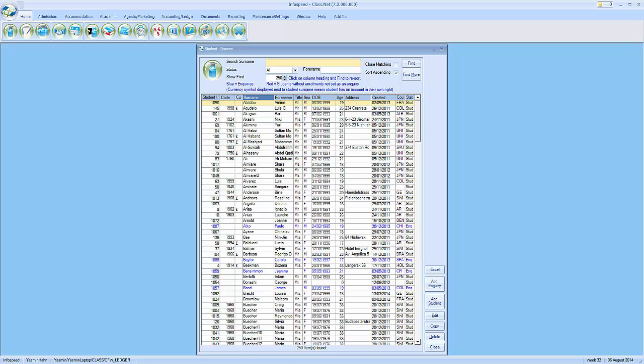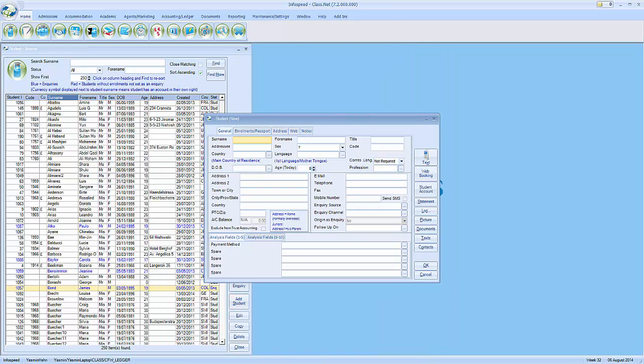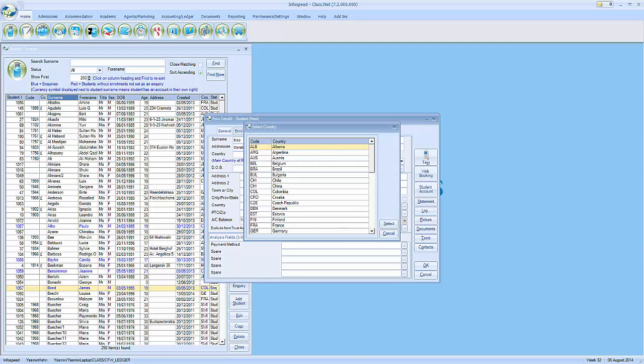Students can be entered in the form of inquiries, which are highlighted in blue and are then later converted into actual bookings. But today I'll be adding a brand new student. First of all, you'll come to this general screen where you can enter such information as the name of your student, their gender, their country of origin, and in this case Gerald is going to come from Japan,